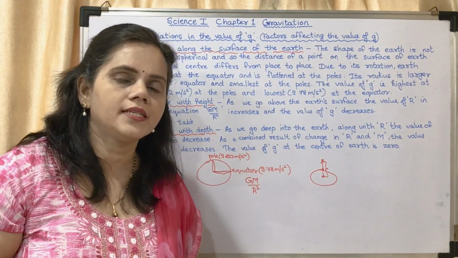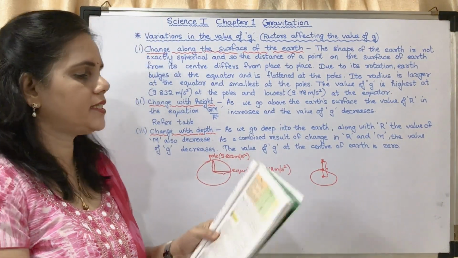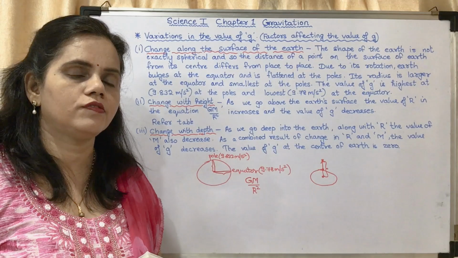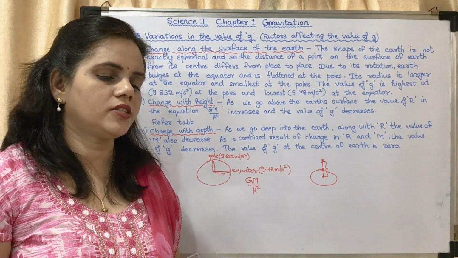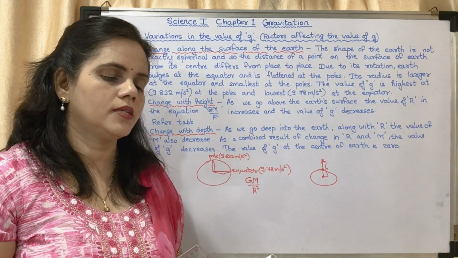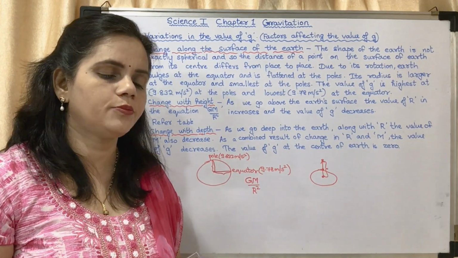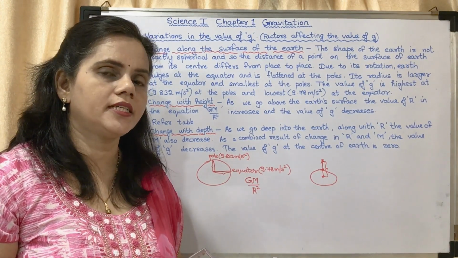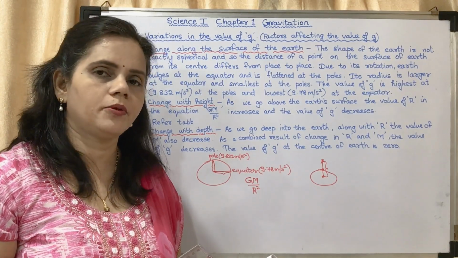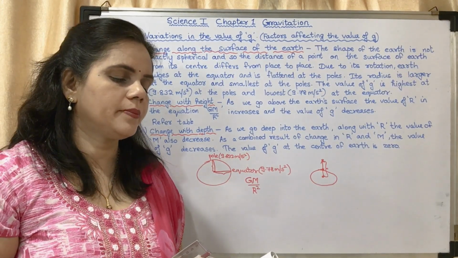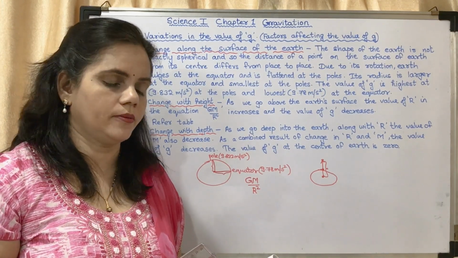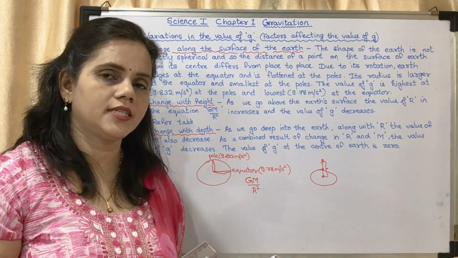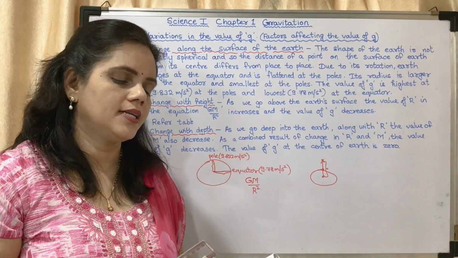There is a table on page number 9. This table, you may see 1.7. They have given examples of the value of g at different heights. On the surface of the earth, that is height 0, the value of g is taken as 9.8 meter per second square. At Mount Everest, at a height of 8.8 kilometer, the value of g is still 9.8 meter per second square. Maximum height reached by a man-made balloon is 36.6 kilometer. At that range, the value of g is 9.77 meter per second square.